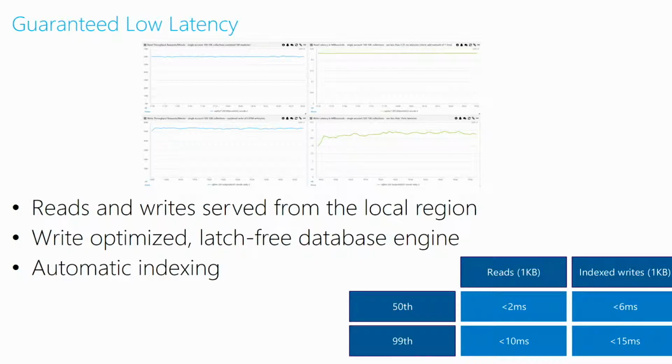Along with global distribution, Azure DocumentDB is also built for low latency. We guarantee low latency at P99 of your requests. For all reads, we guarantee that it will be under 10 milliseconds. And for all writes, it'll be under 15 milliseconds. How do we do this? By enabling reads and writes to be served from the local region, as well as with a database engine that